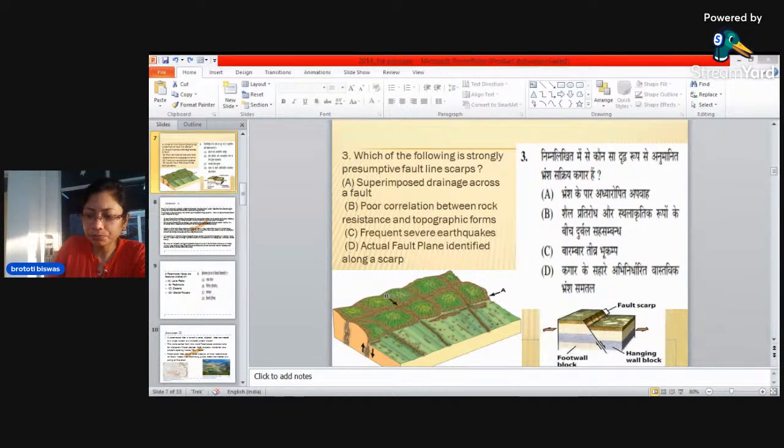Next we come to, it is taking some time to load onto the next slides. So the next